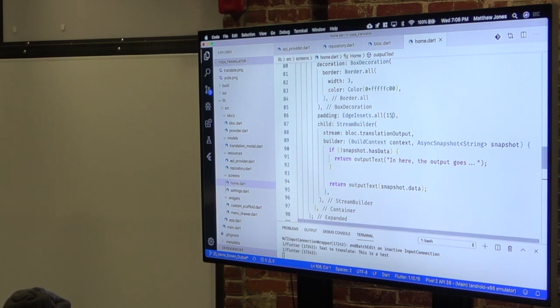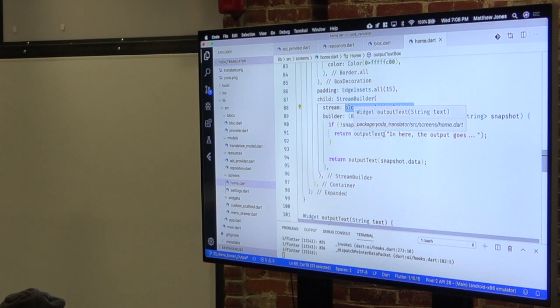So we got what's called a stream builder, and the stream builder listens to the block translation output stream that we created, and then it basically waits for something to happen. So if we don't have any data in it, it just returns text that says, "In here the output goes." Otherwise, it returns the output text with the actual data that we receive back from the stream.